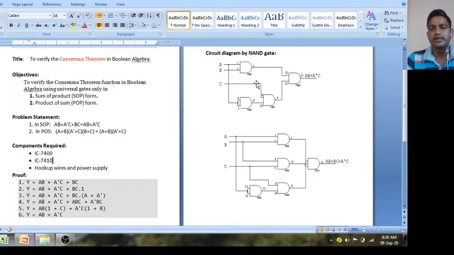Now you have to implement it by NAND gate. Okay, how will you implement this by NAND gate? First we are implementing the right hand side, AB plus A dash C. This is in AND OR form. For AB one AND gate, for A dash C one AND gate, and then an OR gate. AND OR is nothing but NAND NAND, this is level 1, this for AB, this for A dash C, and this is for OR.